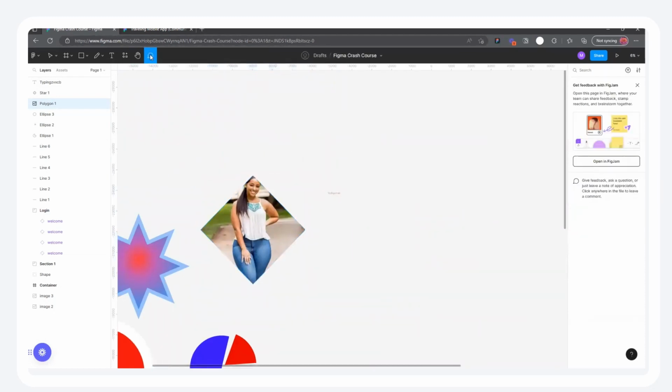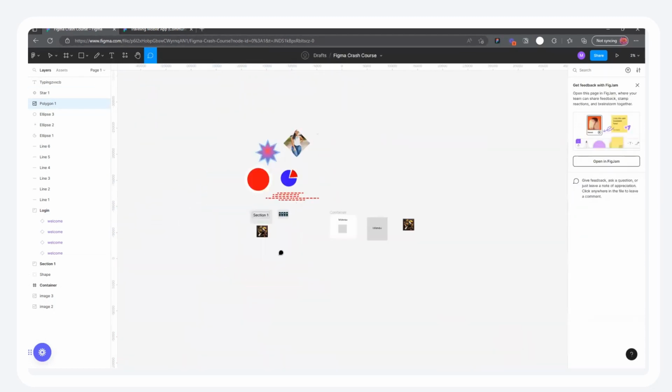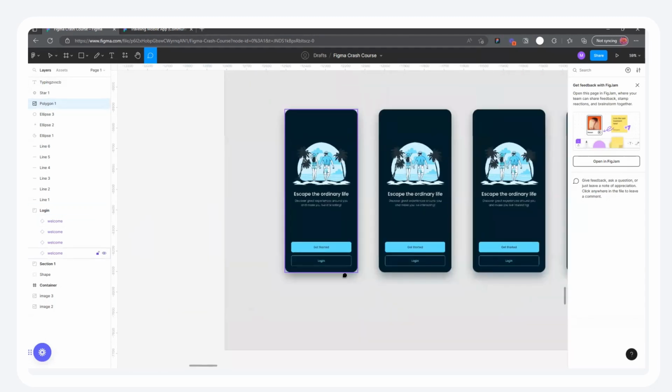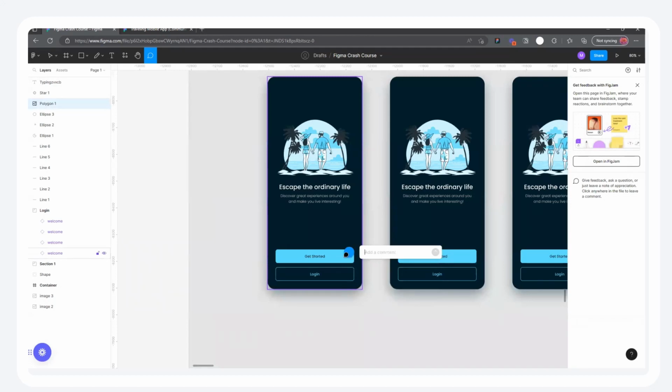Then comment. Maybe you design something. Let's say this is your design, and someone wants to leave a comment on it. Just click on the part that you want to comment on and say, oh wow, I like this button, right? You can leave the